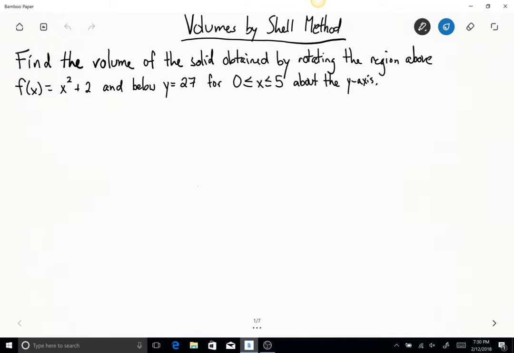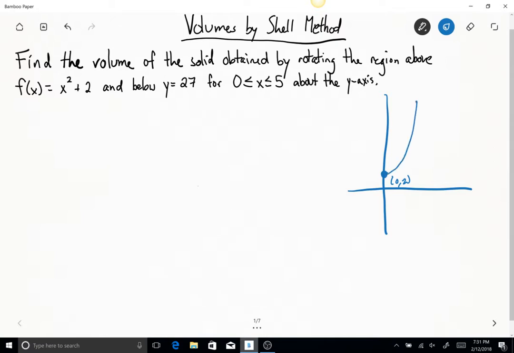We're going to begin by finding the volume of the solid obtained by rotating the region above f of x equals x squared plus 2 and below y equals 27, for 0 less than or equal to x less than or equal to 5, about the y-axis. And just to give us a visual as to what's going on here, I'll do a brief graph. So x squared plus 2, you've shifted the graph up 2 units. So you have this point sitting right here at 0, 2, and we've got a parabola, and then you have the line y equals 27